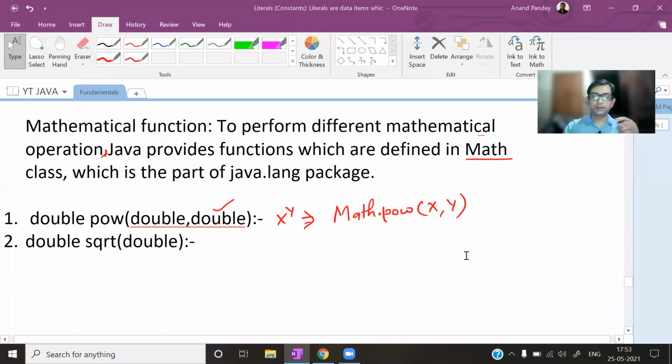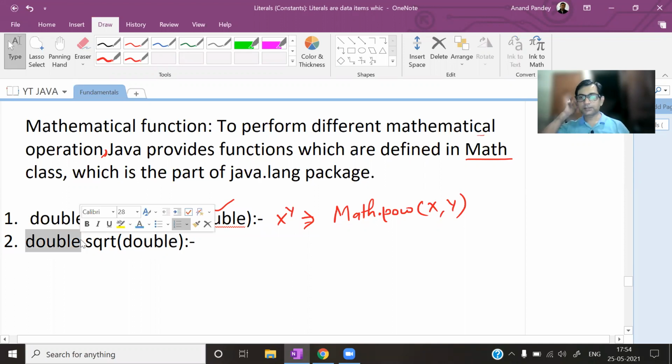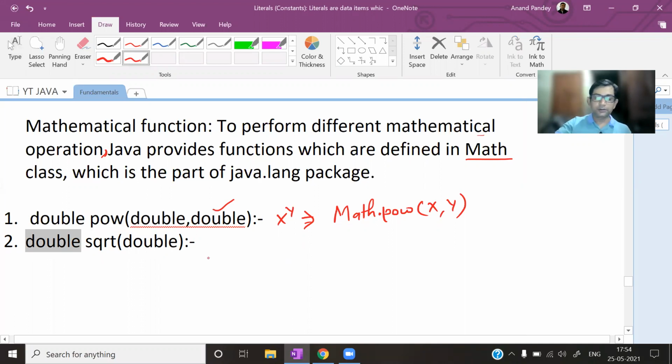Second function, sqrt. The name of the function is sqrt, and we have to send one value to this function, and it will return a value of double type. The sqrt function is here to calculate the square root of a number. If it is required to calculate the square root of any number, don't write the root symbol.